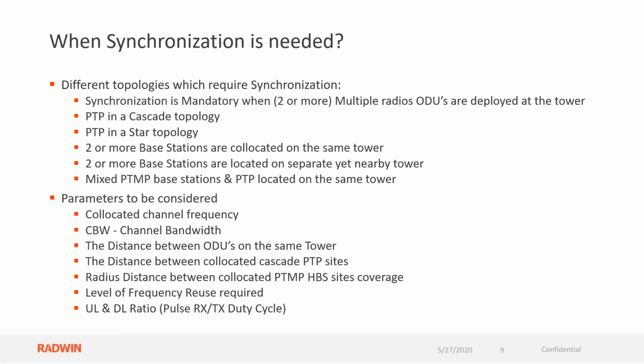So the other parameters that need to be considered are the distance between radios on the same tower, the distance between collocated cascade point-to-point sites, the radius distance between collocated point-to-multipoint base station site coverage, and the level of frequency reuse required. And the guys who participated in the former lecture that I did know that RADWIN can provide frequency reuse too, where you can put two back-to-back base